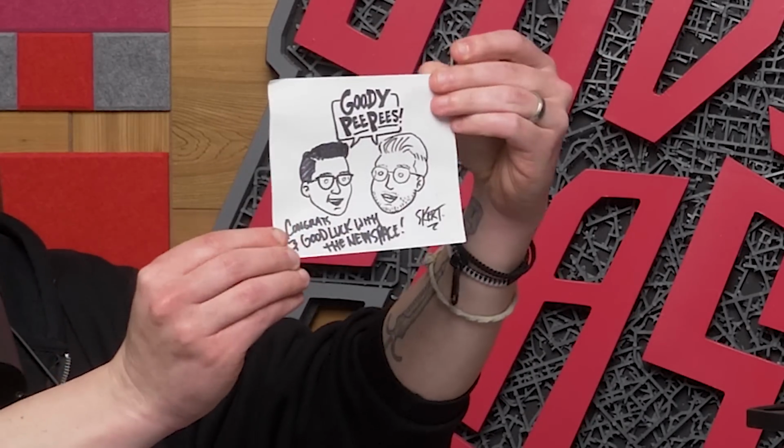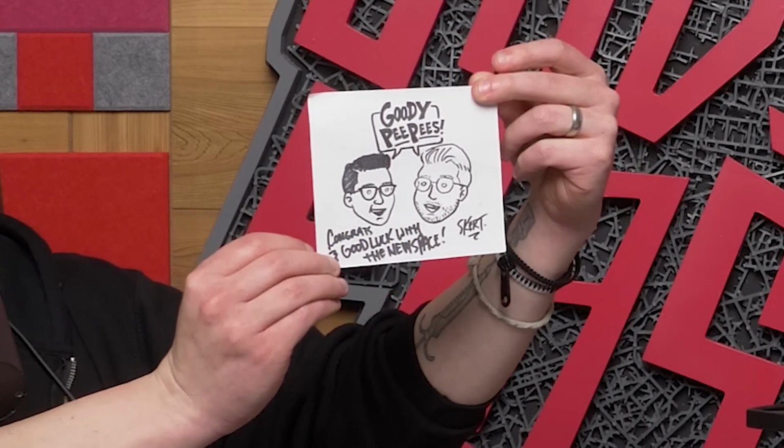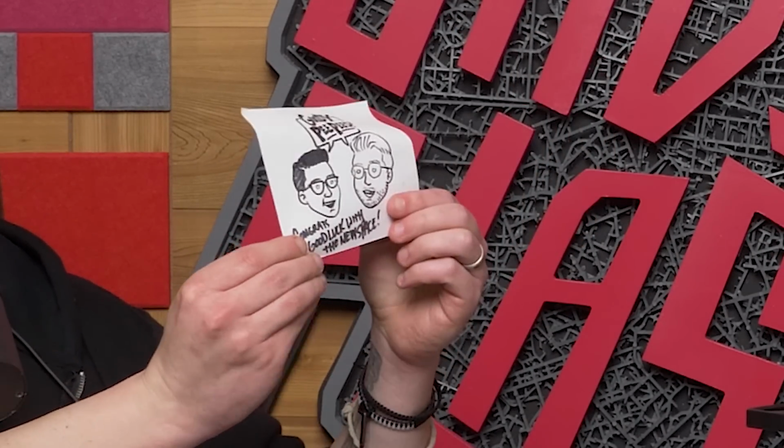Okay, Goodie Peepees, congrats and good luck on the new space. Look at that. It looks just like us. It even has your shitty-ass beard on it. Look, Scott, your shitty-ass beard. Oh, my shitty-ass beard. Yeah, I like this. This looks just like us. It says skirt on there. Oh, my gosh. There are so many amazing...